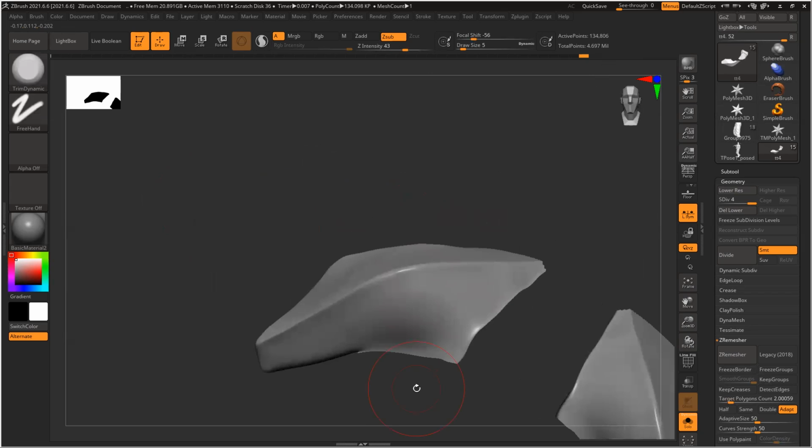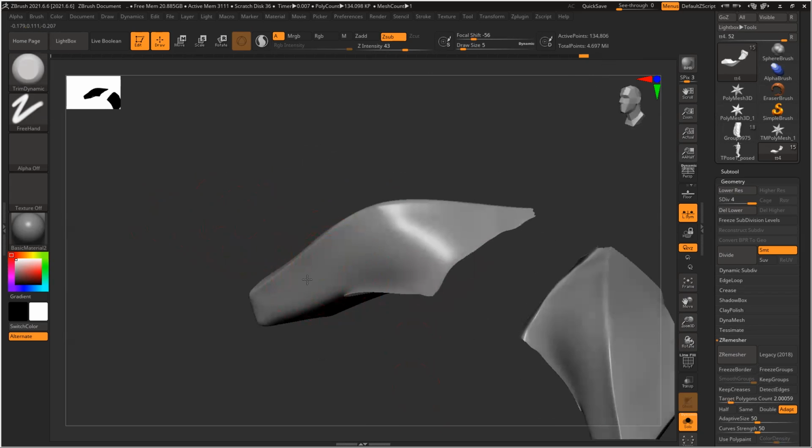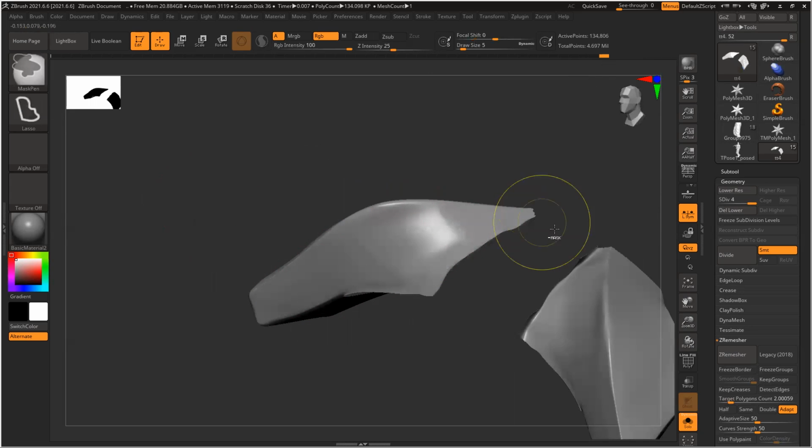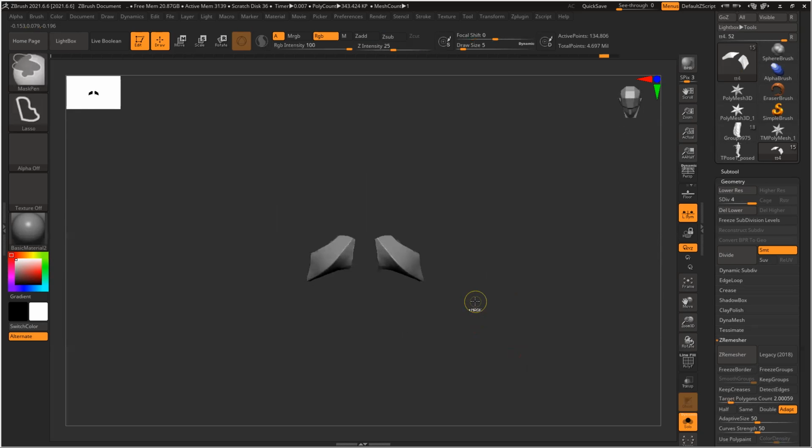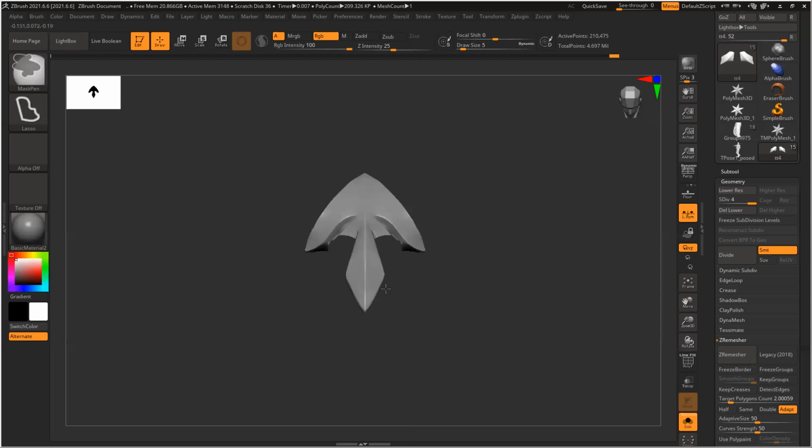Plus this side also. Undo, Control Shift, drag outside.